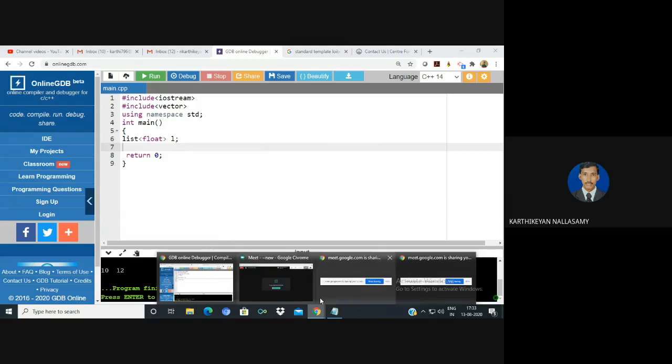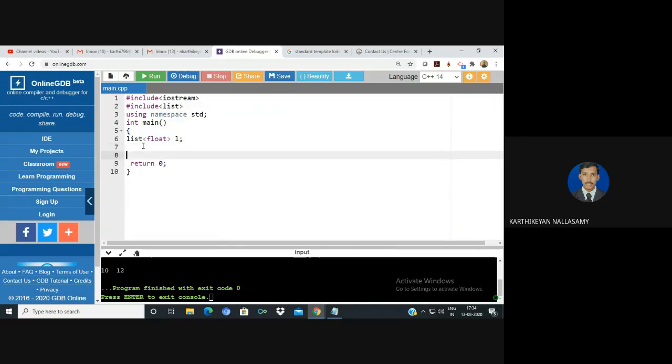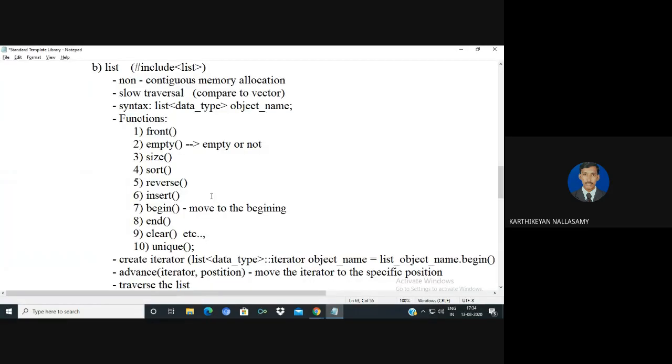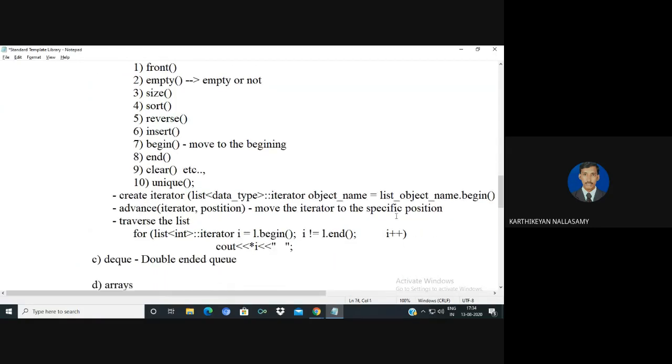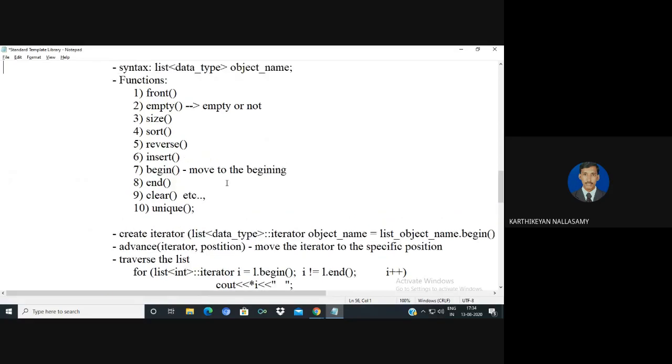Whenever you are going to define anything, you always have to include the corresponding header file also, it is list. So now the object is created. By using these member functions, we can assign it. If you want to insert anything, you can use any of the methods to insert.